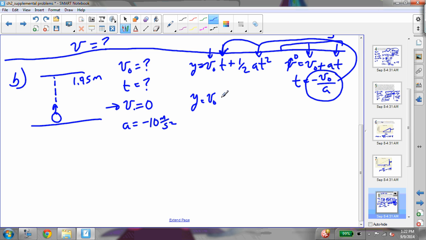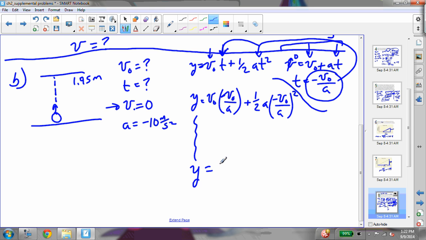V naught times negative v naught over a plus 1/2 a negative v naught over a squared. And now I need to solve this for v naught. If I follow this and I simplify it, I'm going to leave those steps of algebra to you, but I will find that y is equal to negative v naught squared over 2a. We did a very similar thing earlier. And then if I solve this for v naught,